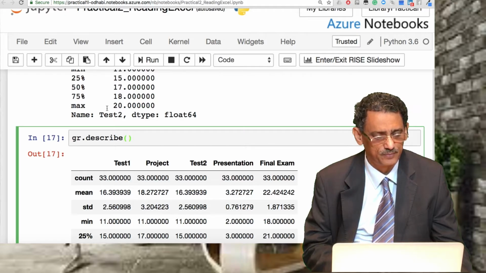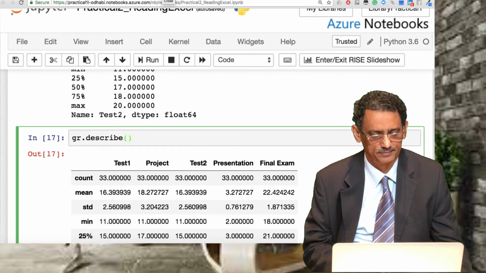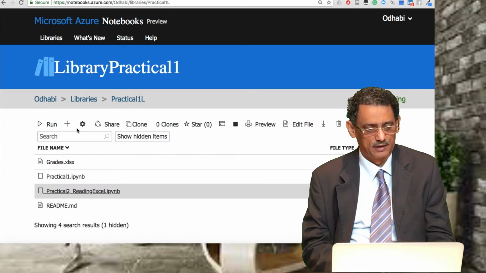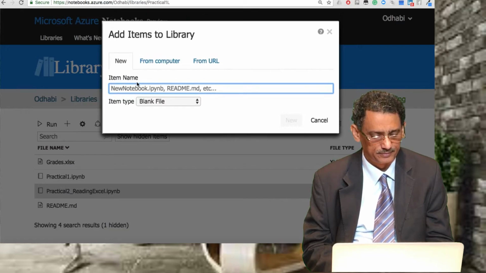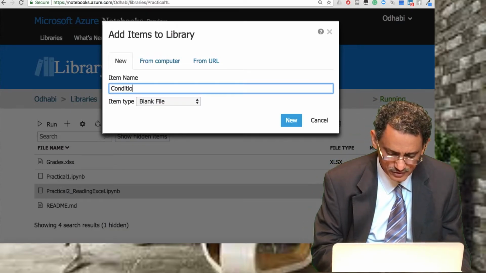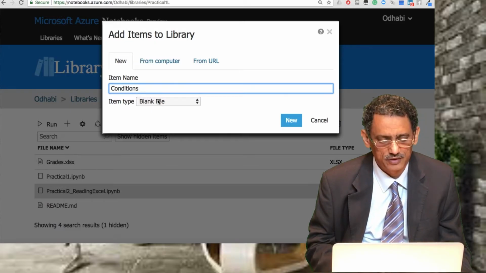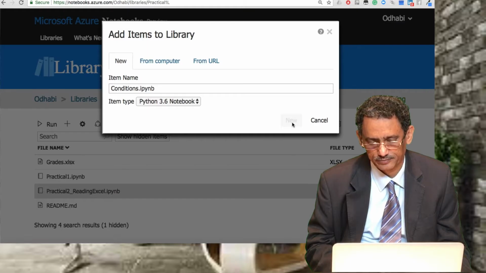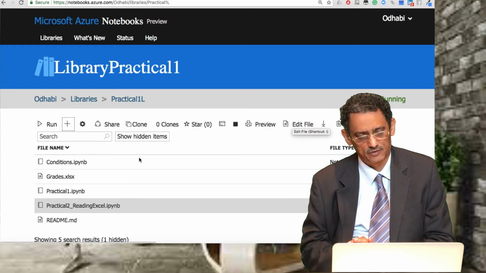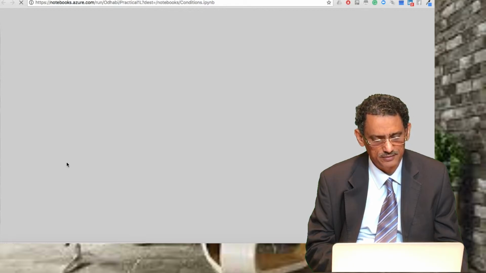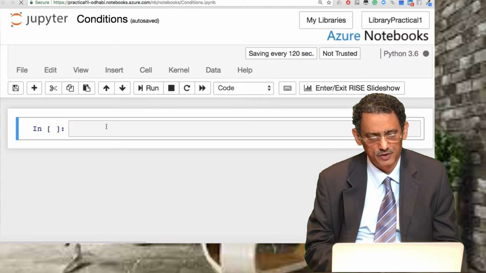So let's maybe close this one and start a new one. We will call it conditions, so you can share it with you later and you deal with that. Getting back to conditions, and where is it? Conditions here, and let's import